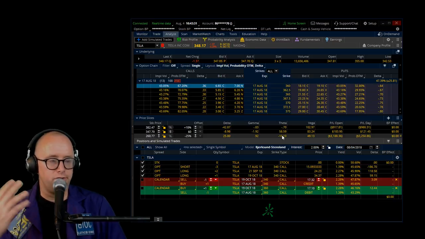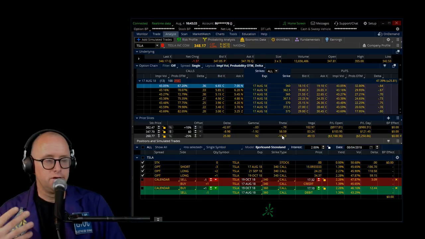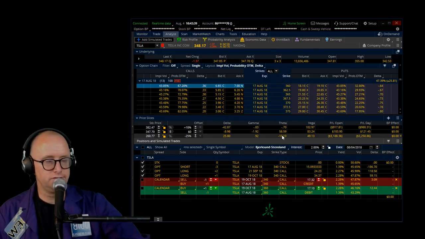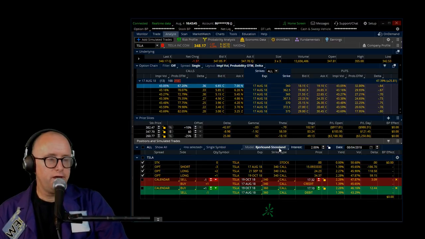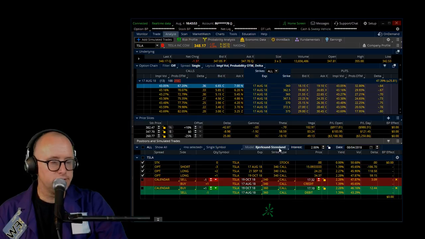But over a period of time, you will notice that you will be collecting money at a rate on average that corresponds to this theta number that we see here. So this can be a great way, like I said, to collect income. It's a sophisticated way to collect income, but if you think about it, if you have $5,000, let's say that